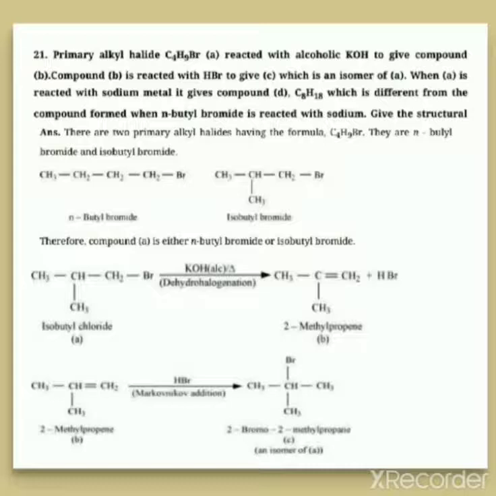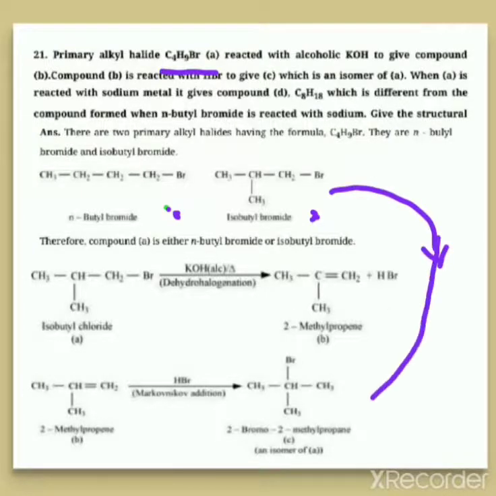So in this way, you have to check both the possibilities. Both the possibilities means, as we have come up with the two isomers here, according to the molecular formula, we have made two structures here and we have tried the possibility with this structure and we have come up with the answer.